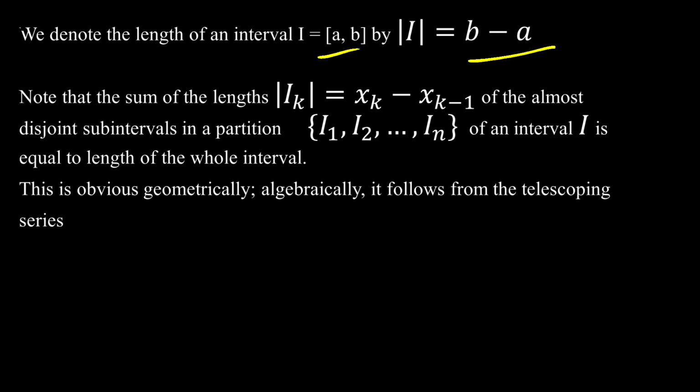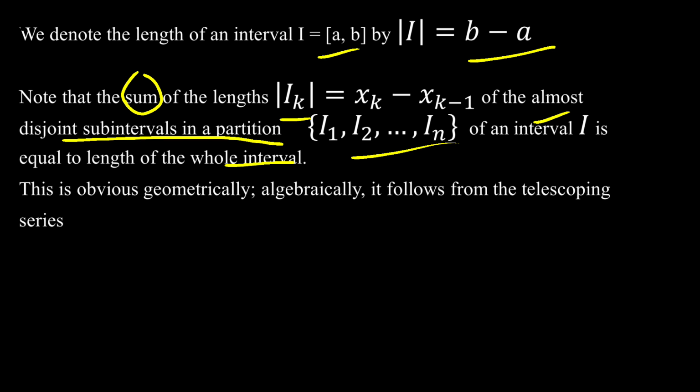Note that the sum of the lengths of the almost disjoint subintervals in the partition of the interval is equal to the length of the whole interval. If you sum all these subintervals, then you'll be able to get the